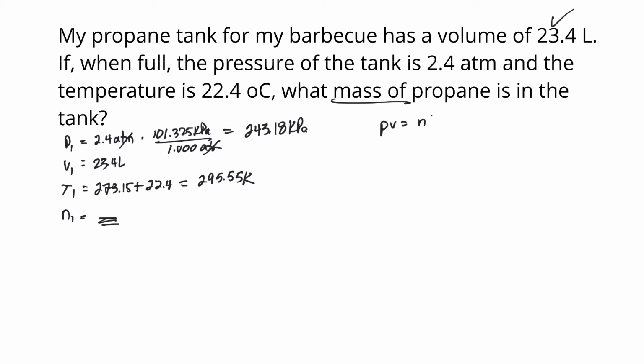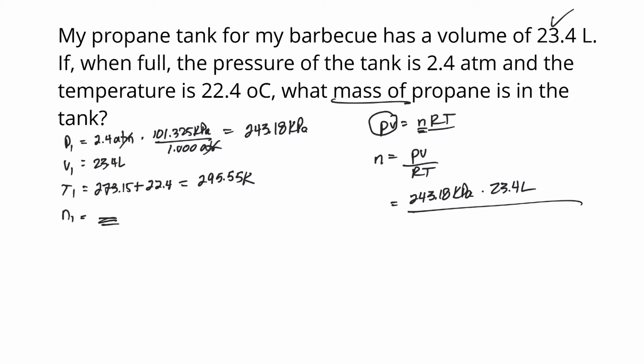Okay, good. So let's use our formula. PV equals nRT. I'm looking for N. So N will be equal to, and careful with this, PV is on the side on its own, so that has to go on top. The ones that I'm dividing by to get rid of will go on the bottom. So the pressure, 243.18 kilopascals, times the volume, 23.4 liters, divided by R, 8.314 kilopascal liters per Kelvin mole,